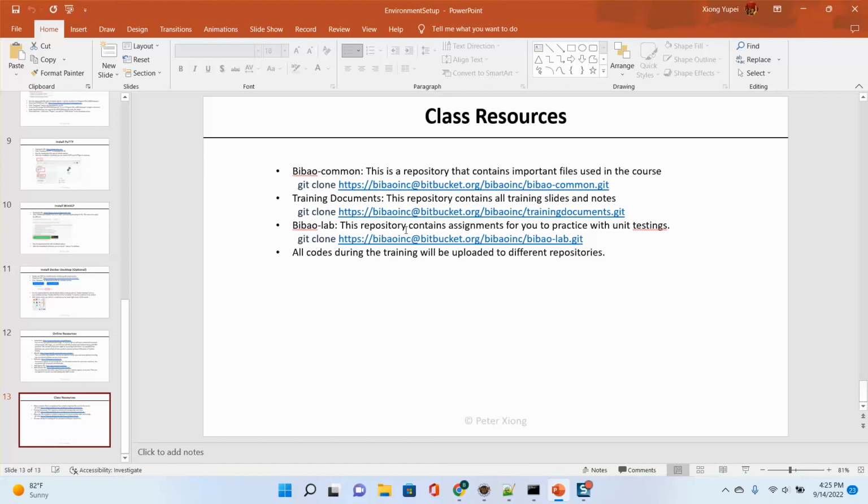The third one is a lab. We have some homework. So you can use Git clone to clone your homework. And then during the training, I will give you some assignments. And also, all my code in the training will be uploaded to my repository, and I will update it during the training. That's all for